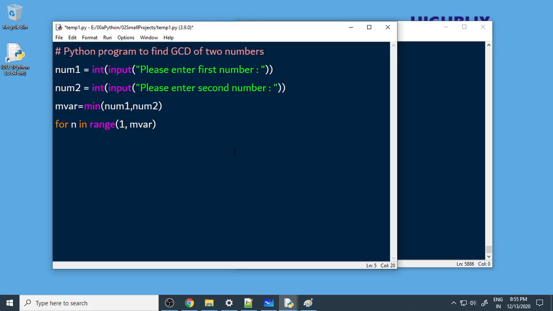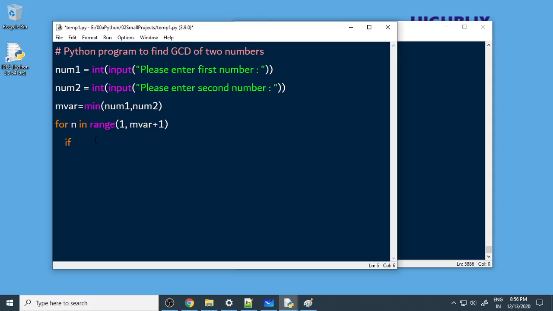So mvar is the minimum variable. Including that value you need to check, so you have to say +1. That is the range actually. So in the range, when you take mvar, say the value is 10, it'll check up to 9. In order to check the 10 also, you have to say +1. Next, n will start from 1, then it becomes 2, 3, 4 like this.